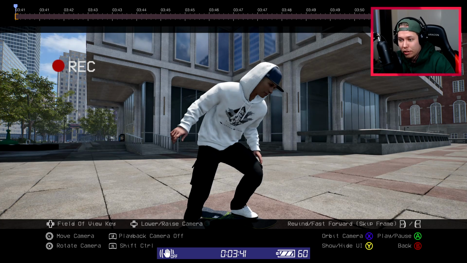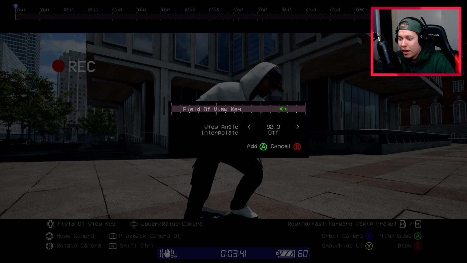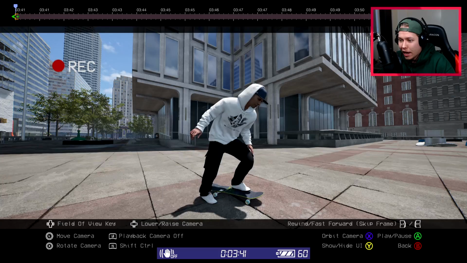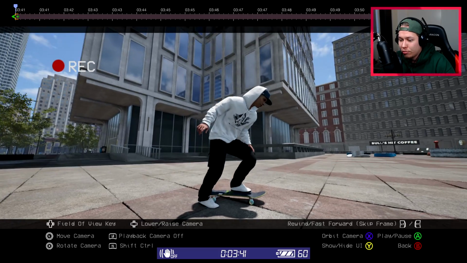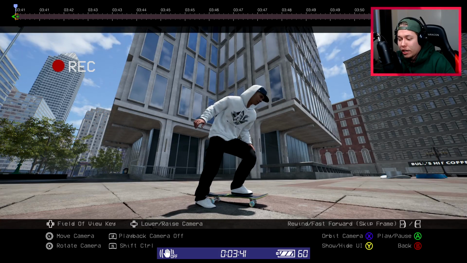Since I showed it with the fisheye filter before, I think this time we'll just add a field of view key to make the fisheye, just to show there's another way of doing it. So we'll go to field of view key in the bottom there with the D-pad, then we'll hold RB, click down, and then we just want to make this the highest number we can, which is 120, and we don't need to turn interpolate on because I just want this setting for the entire clip. We'll hit add, and now you can see we've kind of zoomed out a little bit. We'll change from orbit camera to free cam once again by hitting X,